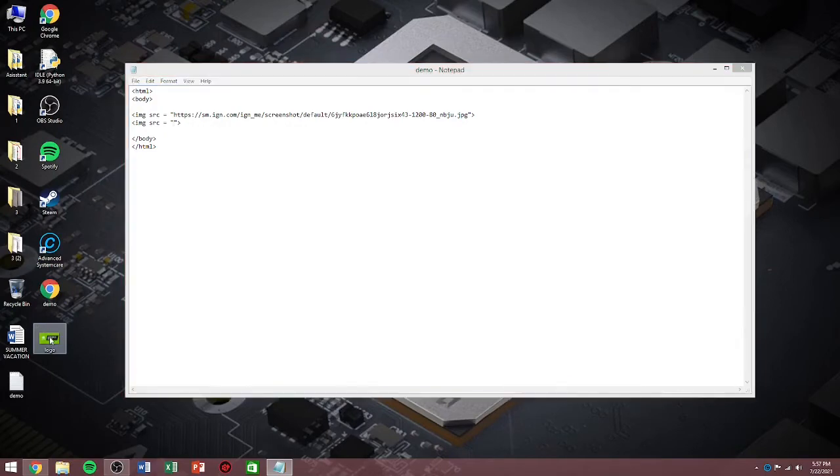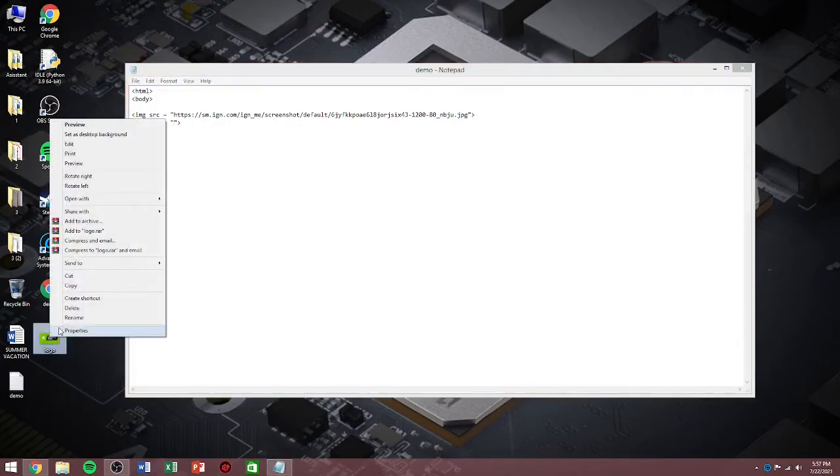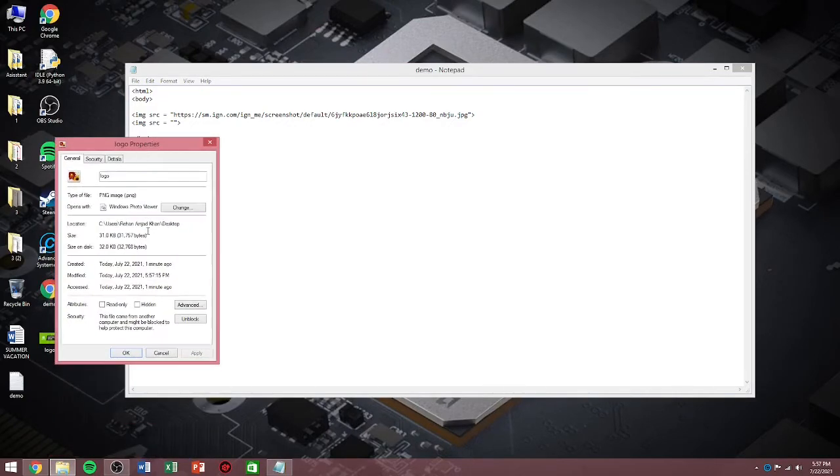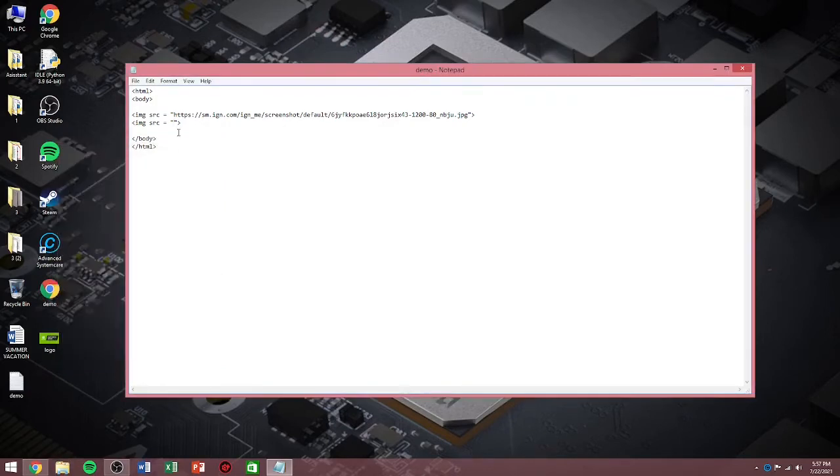So you have to click on the image that you want to insert, right click, go to properties, come here in the locations. As you can see here, you have to copy this, copy, close this, paste it here. Then with slash, you have to name the image. I have named it logo, so I will be giving the address of logo here as well. And then I will save this,